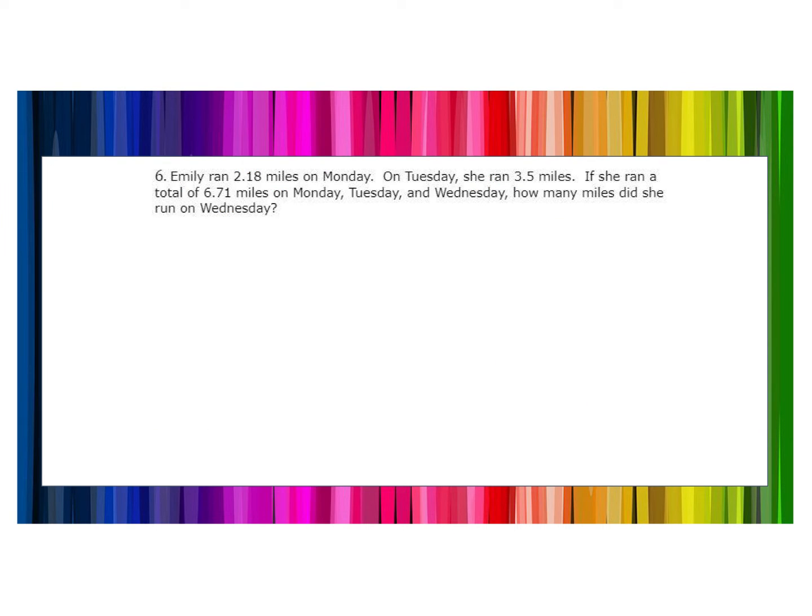My next problem is number 6. Emily ran 2.18 miles on Monday. On Tuesday, she ran 3.5 miles. If she ran a total of 6.71 miles on Monday, Tuesday, and Wednesday, how many miles did she run on Wednesday? This is a 2-step problem. You can do it one of 2 ways. I'm going to do it this way. I'm going to add 2.18 plus 3.5 miles. I got